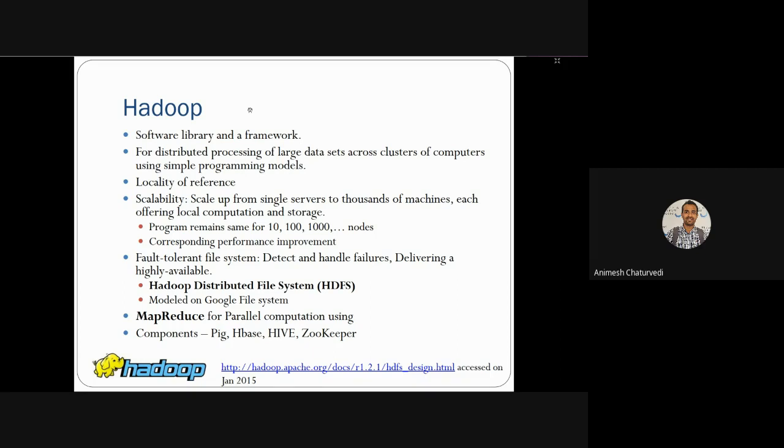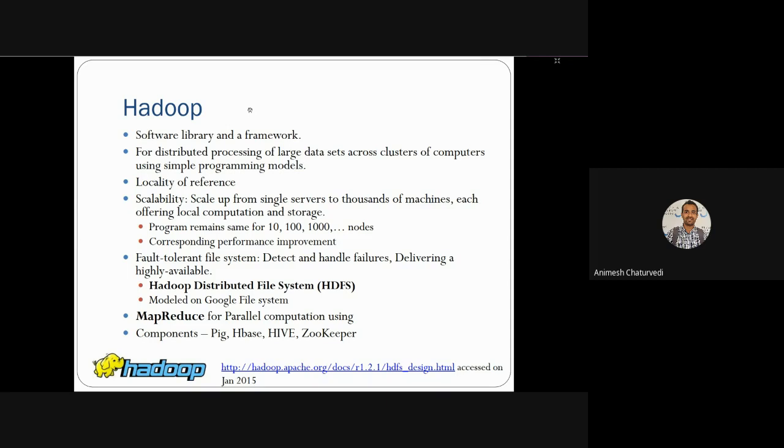These are the properties of Hadoop, means distributed processing could be done for large scale data across many computers connected through some cluster with a simple Java based programming model. So for that, software libraries are being used, frameworks are being used, then locality of reference is being used. What is the IP of that computer where a particular data needs to be processed?